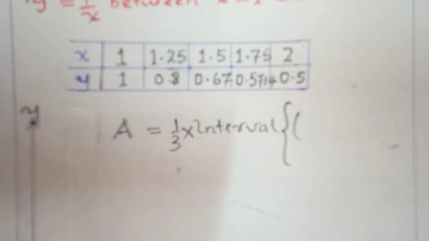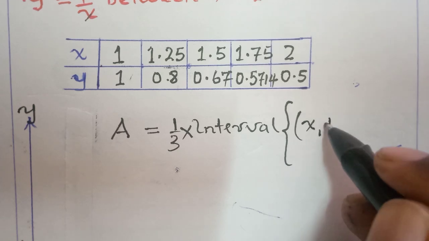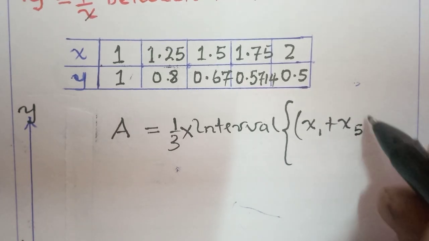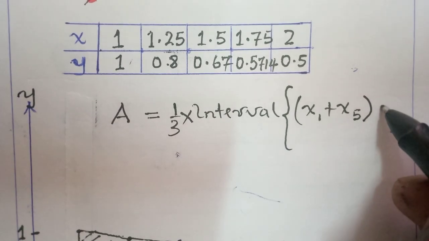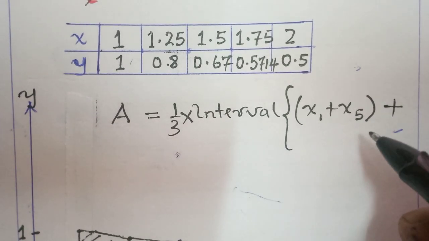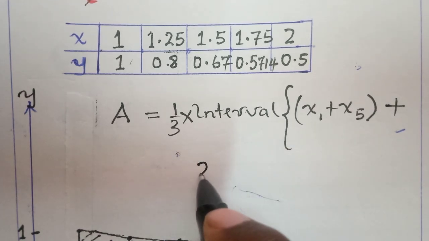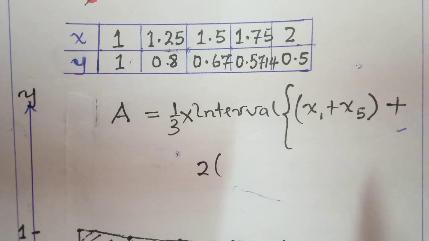So the first ordinate and the last, that is x1 plus x5, like that. And then plus this one, now you multiply by 2. I come here, 2, open the bracket,